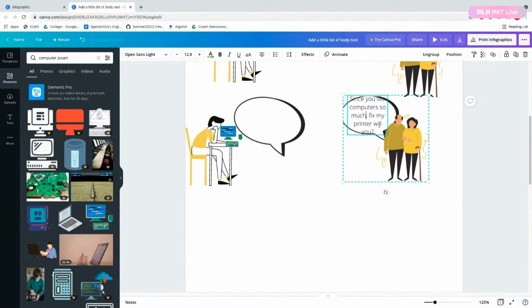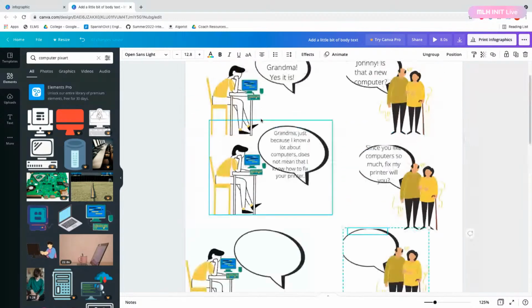Now I'm thinking they'll say, so he just said, Grandma, just because I know a lot about computers doesn't mean I know how to fix your printer.